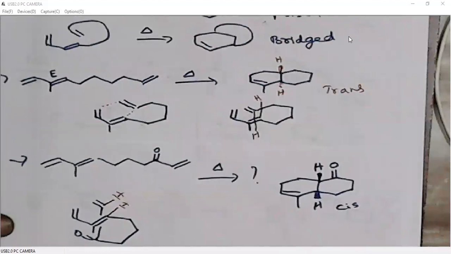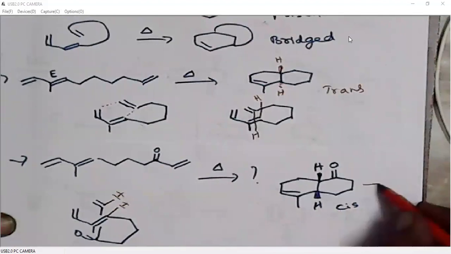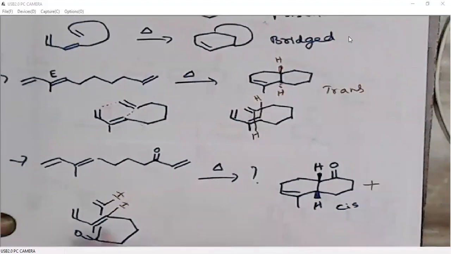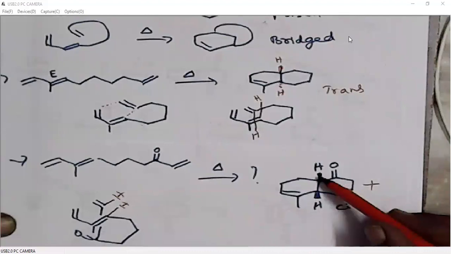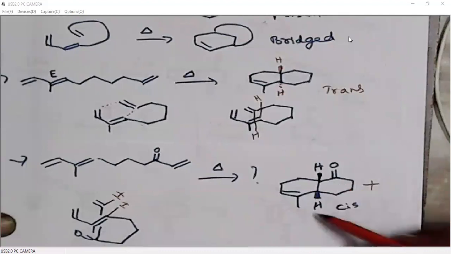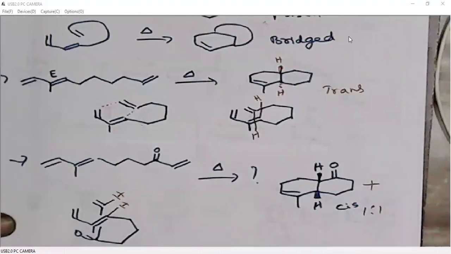Here the carbonyl may approach with this endoselectivity either from below the plane or from above the plane. In that case, if I have written this below the plane, the hydrogens will be above the plane. But if we write this configuration with endoselectivity from above the plane, then this alkyl group will be above the plane, and the hydrogens will be below the plane. So that is also possible. So we will get a 1:1 product here.